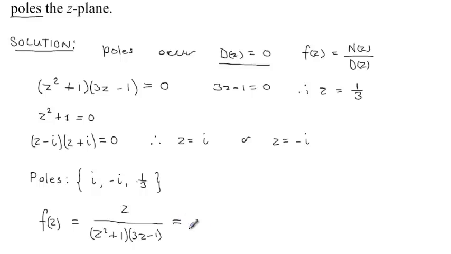You can rewrite this as z over (z minus i) multiplied by (z plus i) multiplied by (z minus 1/3)